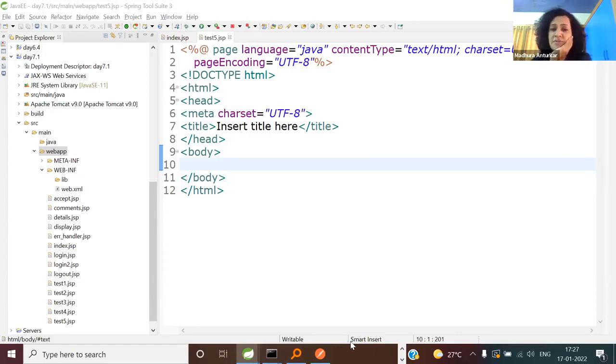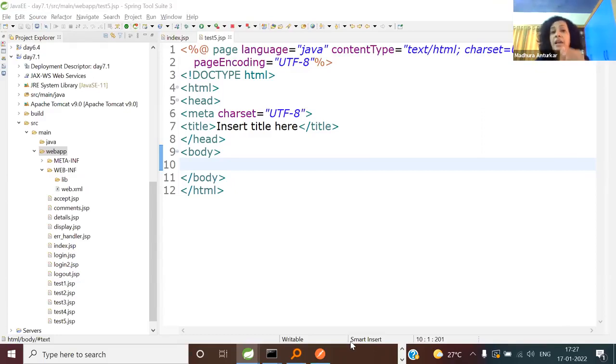You understood the question? Okay, I got the answer as EL syntax. Right or wrong? Completely wrong. EL is for getters. EL is all for retrievals. So that is the wrong answer. You will have to write the Java code, plain old Java code. And which method will you have to call? Set attribute.